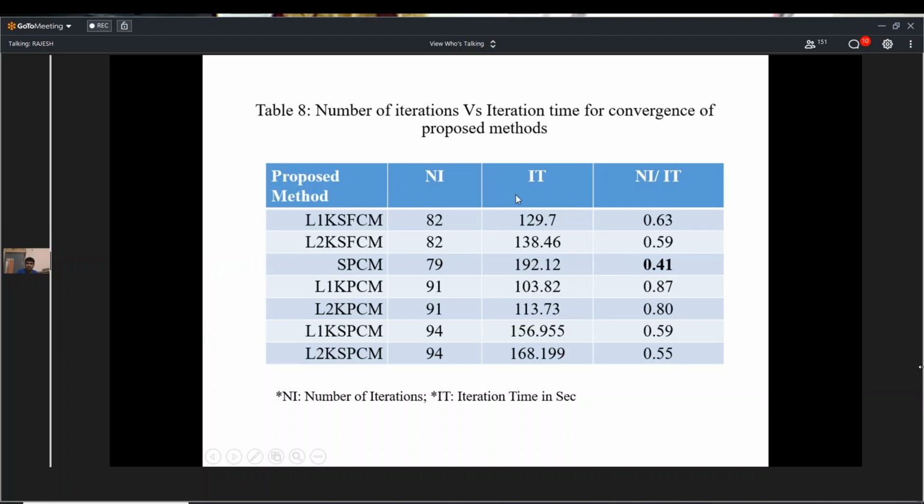Now the ratio of Ni by It will give a certain parameter, which must be very low. Now let us observe this particular ratio Ni by It. Here, this particular method SPCM has achieved a very low ratio. That means this is very good for dealing with high dimension data. So we need to simulate any form of data clustering within a small amount of time. To attain a very high speed clustering process, this particular ratio, that is Ni by It,